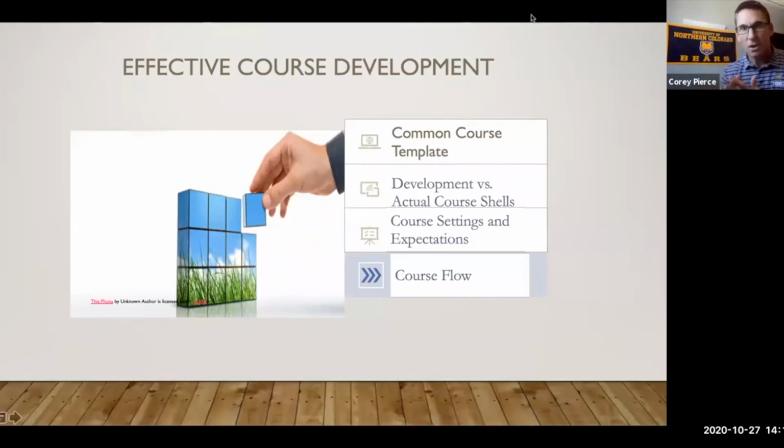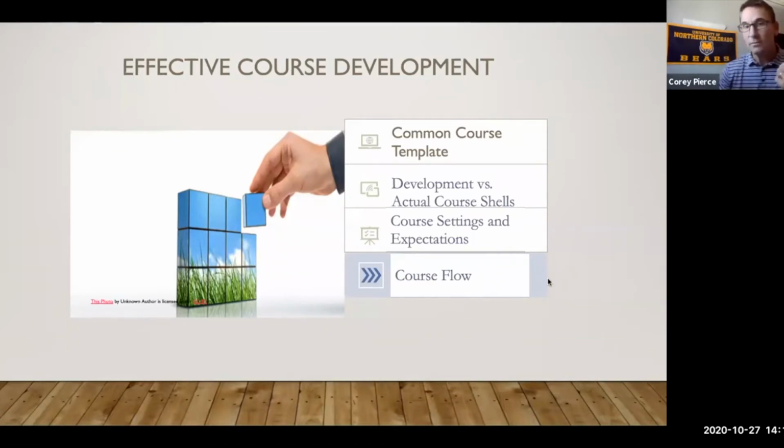Dr. Peterson's going to talk about how to set up that course and how to use some of those things, but setting up those expectations and doing that ahead of time is going to increase a couple of things that are important. Getting into your course settings, setting up accessibility features that you need ahead of time are going to help you, and they're going to serve your students as they should be served.